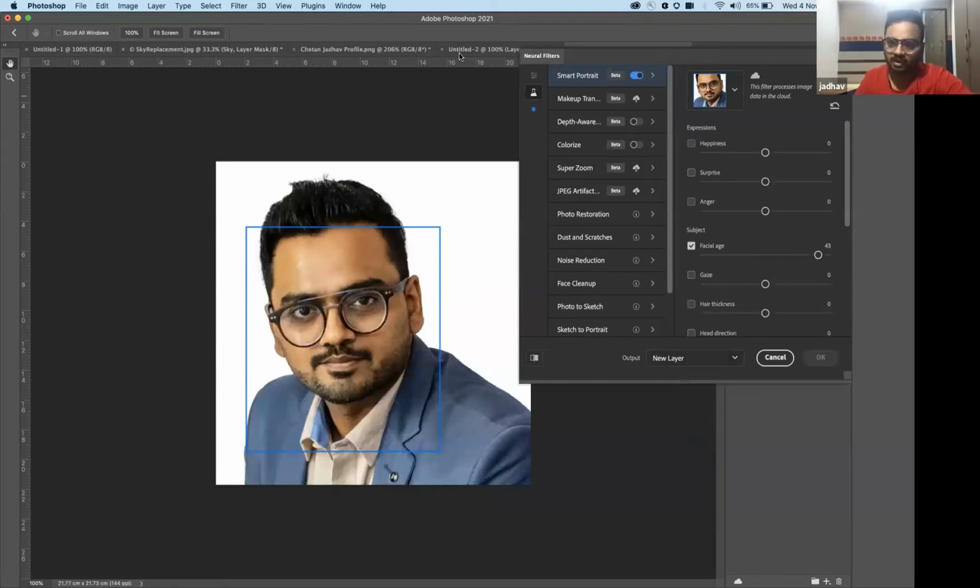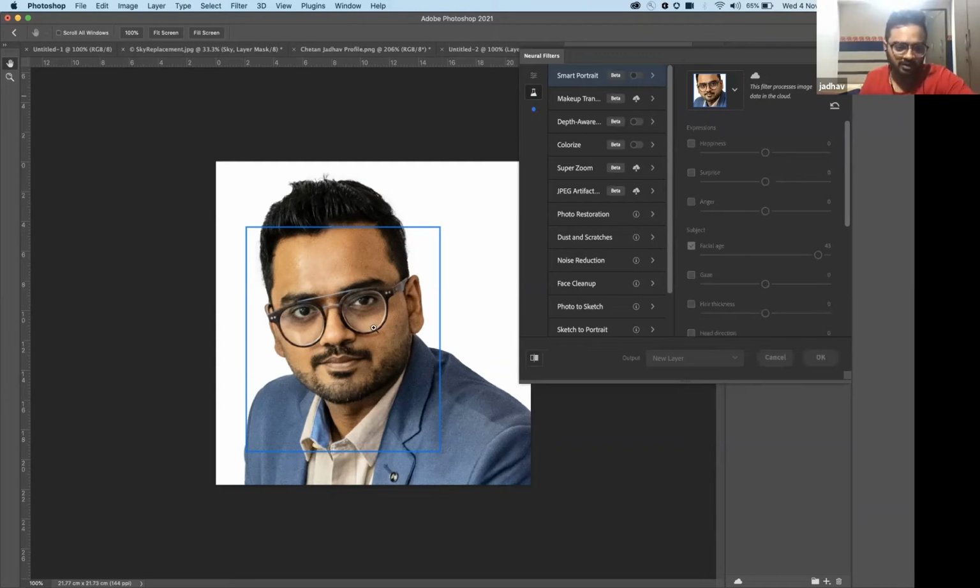What I can show you is another feature within the neural filters: you can take a black and white photograph and with the click of a button you can colorize that black and white photo. So I tried it with a couple of my late ancestors' photos, and it did a good job. But let me show you. I'll cancel this particular demo right now for the neural filters, but I can go back to one of my black and white photos.